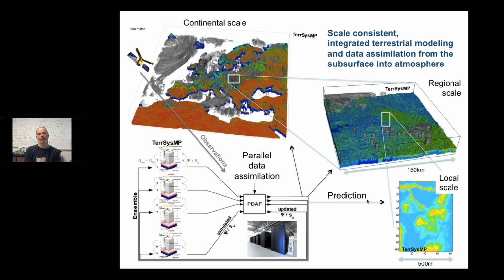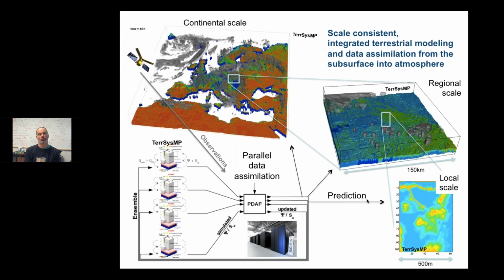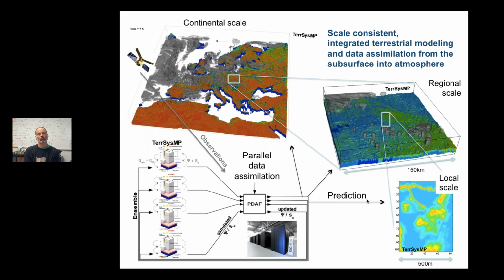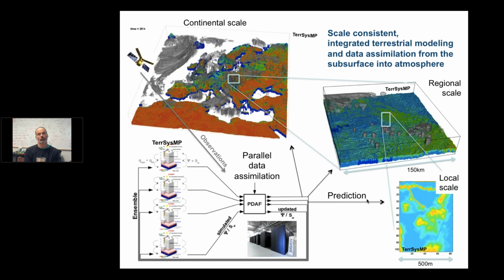Of course, we do this now at the 12-kilometer scale, so we cannot reproduce very local cones of depression around irrigation wells. That's what we cannot do at that resolution. So we get an average water table dynamics or average water table decline, or maybe increase because of increased aquifer return flow, at the 12 by 12 kilometer scale.